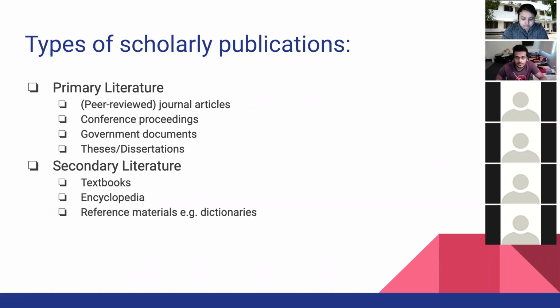Okay, so let me bring up my notes because I've written down some stuff. Right. Okay. So peer-reviewed journal articles, this is what we mean when we say paper. This is what we're referring to. Conference proceedings are compilations of papers, research and information presented at different conferences. So it's a collection of multiple papers,